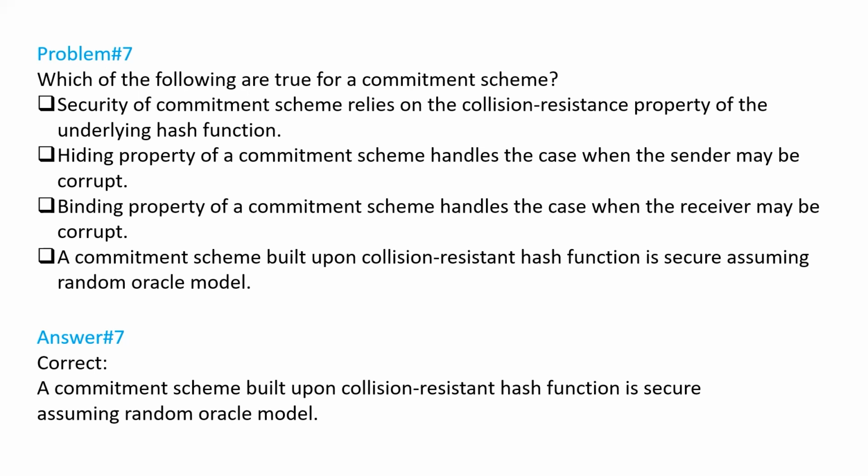So provided the underlying hash function is collision resistant, an adversary, meaning here the corrupted sender, cannot come up with such a message-randomness pair which maps to the same commitment. Okay. So first option is correct, and